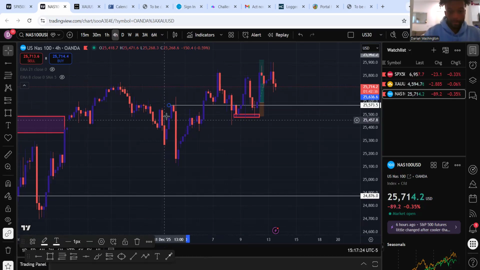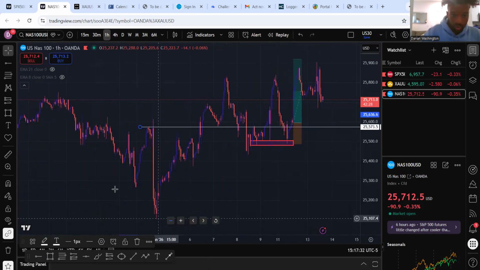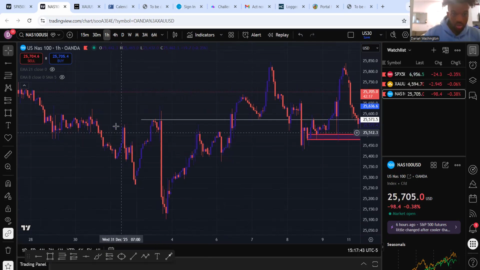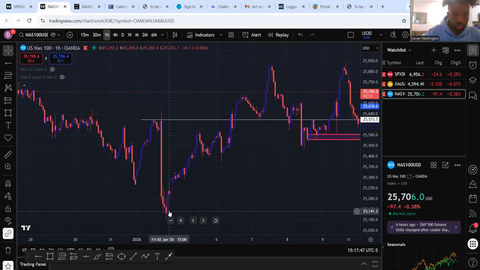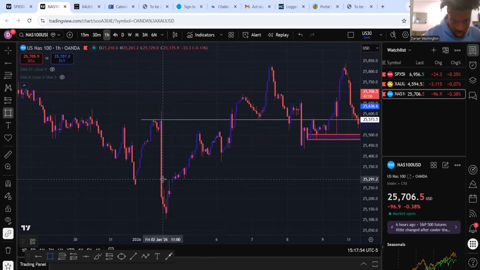So since I'm bearish as of right here on the 4 hour, if I go to the 1 hour, we're bearish: low, lower high, lower low, lower high, lower low, lower high, lower low, liquidity grab, new lower low. As you can see, low, lower high, and it failed. So since it failed to make a new lower high,